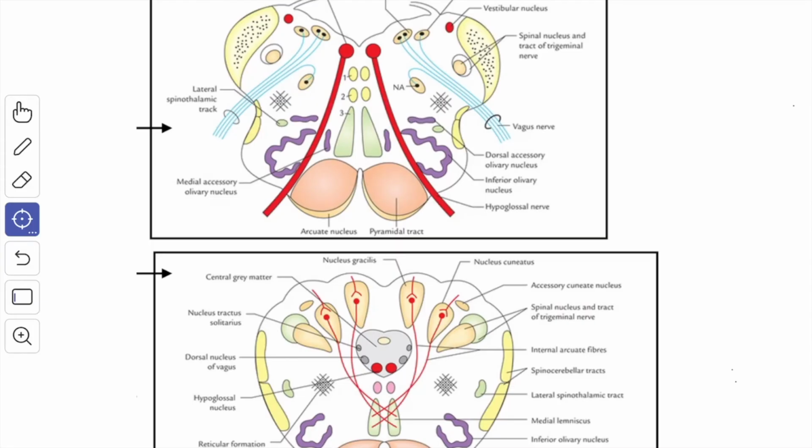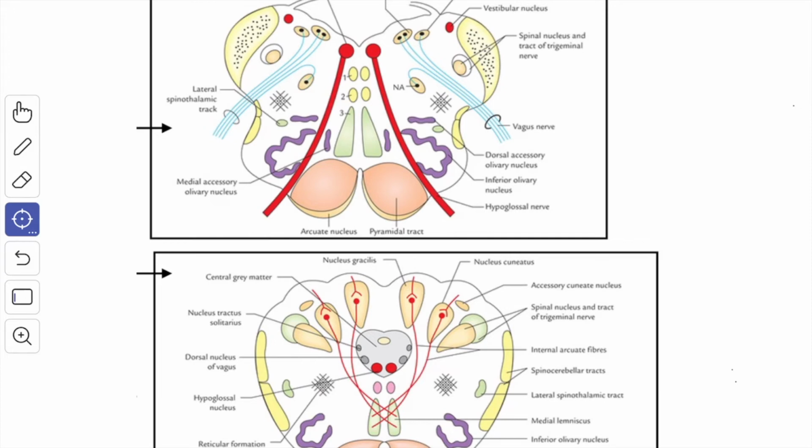This is the transverse section of the medulla oblongata. Here you can see the open part of the medulla oblongata, which forms the floor of the fourth ventricle, and here you can see the nucleus. It lies deep to the hypoglossal triangle in the floor of the fourth ventricle, and this is the medial longitudinal bundle, which lies immediately ventral to it. In the closed part, this is the transverse section of the closed part. Here you can see the hypoglossal nerve nucleus, and this nucleus lies in the central gray matter ventral to the central canal.